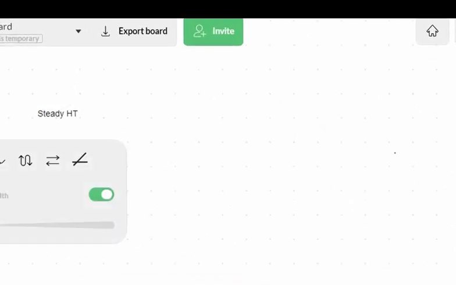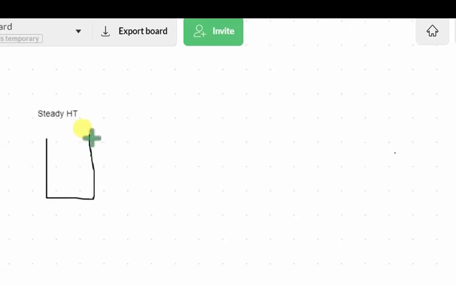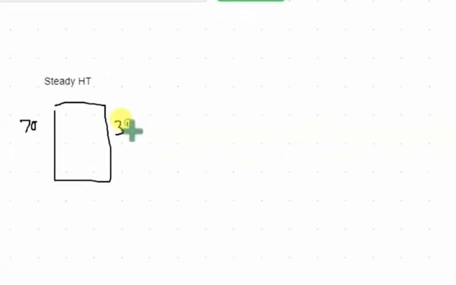So consider that this is an object. The object has some particular temperature. On one side the object has a temperature of, say, 70 degrees, and the other side has a temperature of, for example, 30 degrees. You can consider this as a plate, sorry, a wall. Say this is the temperature you have taken at 1 p.m. If you measure the temperature at 1 p.m., it is 70 and 30.